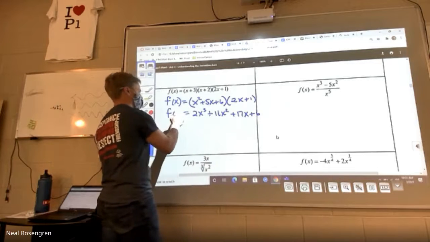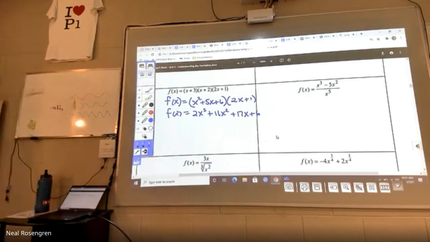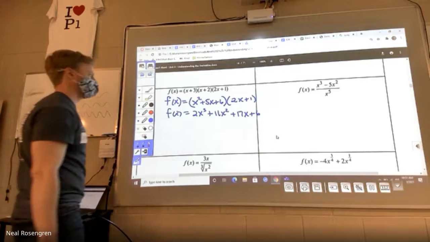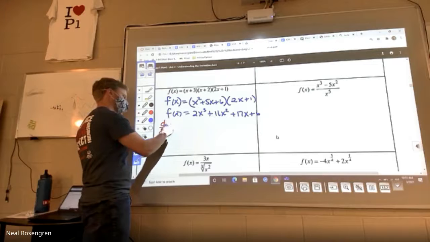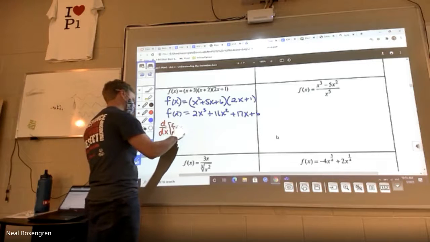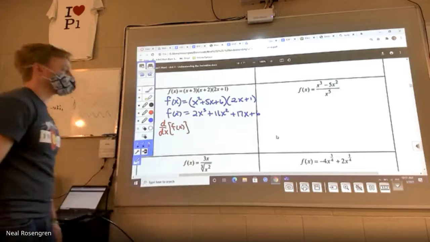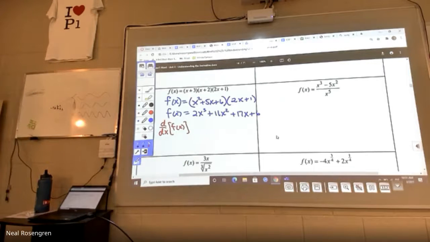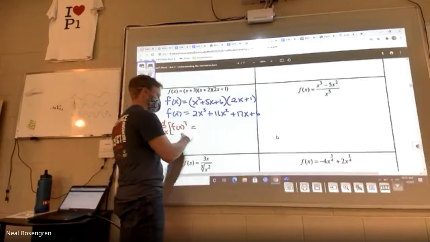There's the one. Here's a notation, just so if you're interested in using it. And that's the same as f prime. But just so you see it, why not? The derivative with respect to x of f of x is,